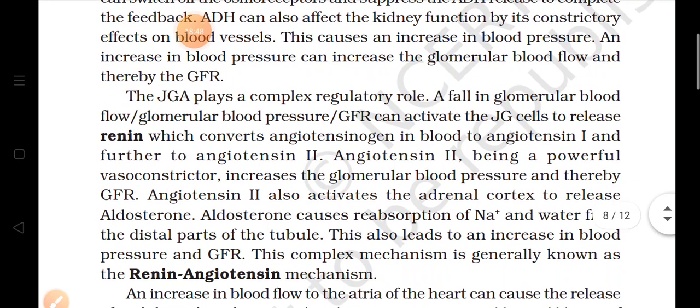Means we are talking about the JGA. जब भी डिक्रीज हो रहा है ग्लोमेरुलर ब्लड फ्लो के अंदर, JG cells एक्टिव हो गई. Now they will release renin. This renin will convert angiotensinogen into angiotensin 1 and angiotensin 2. Now this angiotensin 1 is converted into angiotensin 2. Now angiotensin 2 is a vasoconstrictor. So what it will do, it will increase the glomerular blood pressure and thereby GFR. blood pressure increase हुआ,